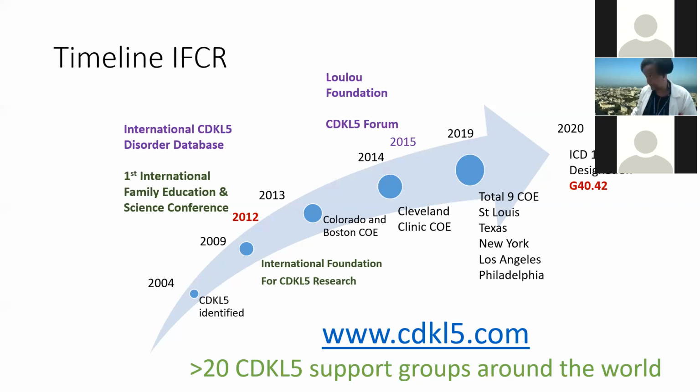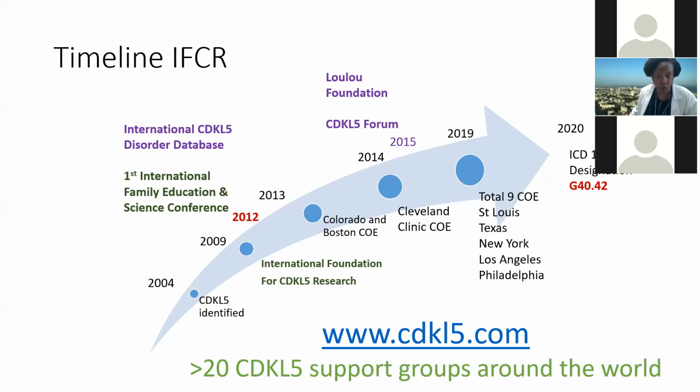It's a family who have a child affected with CDKL5 that have been devoted and have become a great partner to the community, supporting clinical research and animal research to find out how they can fix the genes for children who have CDKL5, okay? And this has continued. By 2019 now, there are 9 centers of excellence in the United States that provide care because, as I mentioned, CDKL5 is now one of the top developmental epileptic encephalopathies, top 7. They even got to the ICD-9 coding people and they said, we need a coding for this disease, okay?